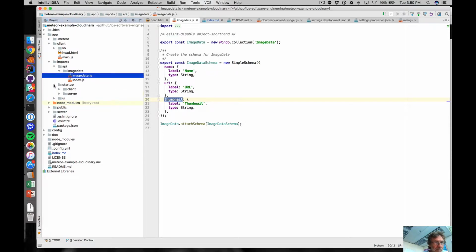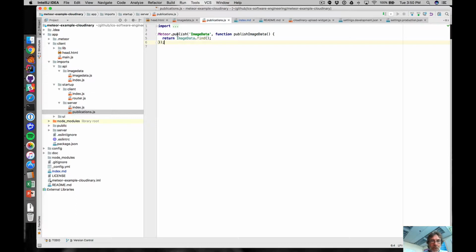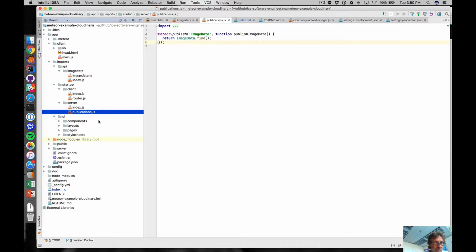Okay, and then startup, there's nothing that interesting in startup. We just have a router which doesn't really do much. We have publications and subscriptions, so we're publishing the image data here, and we'll subscribe to it in the page. If we go to the page,